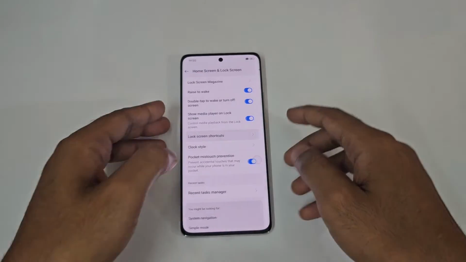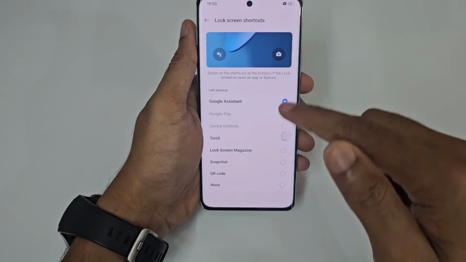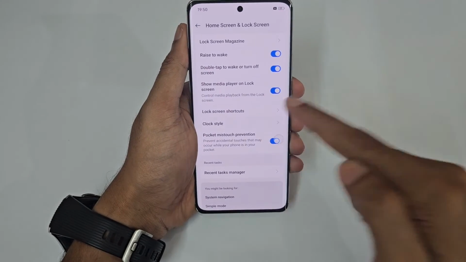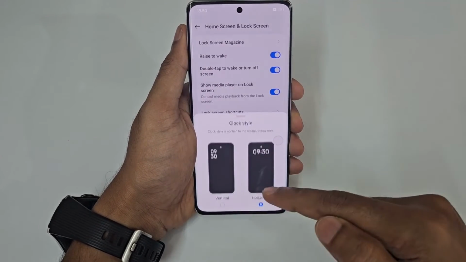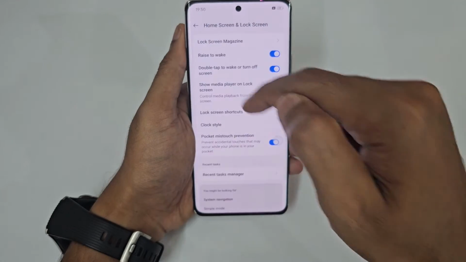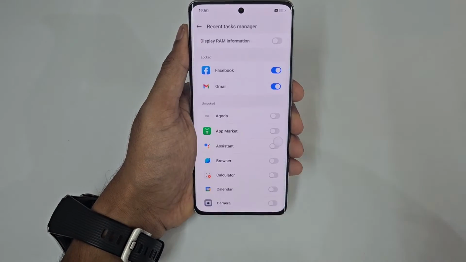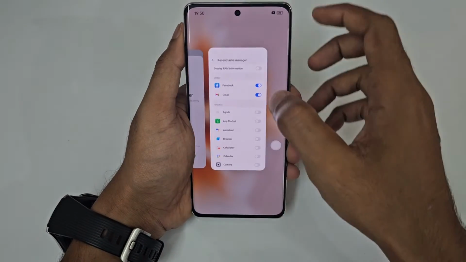And next we have the lock screen shortcuts, to select the left and right shortcut, actually it is very limited. And apart from that, we have clock styles, whether it should be vertical or horizontal, so that option is also available. And then we have the recent tasks manager, and currently you can't see the memory information,